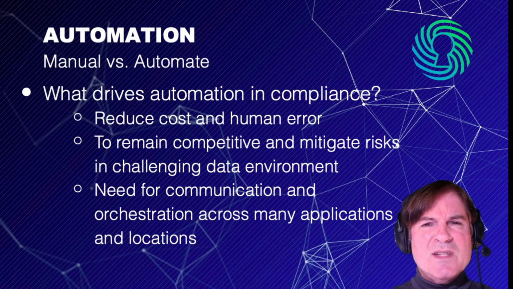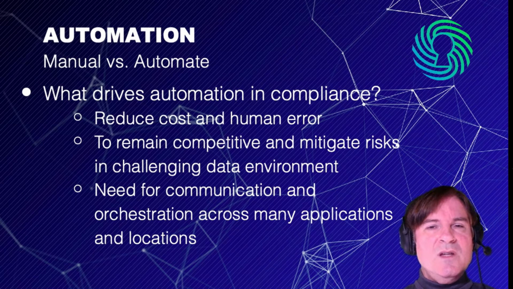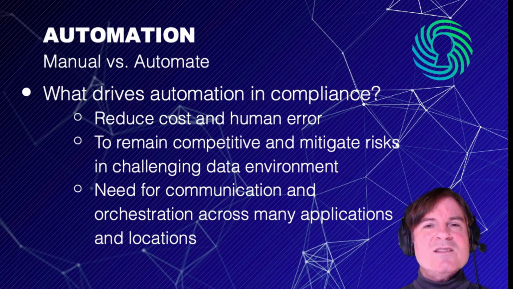So now that we have a better understanding of what automation means, let's take a closer look at what this means in the context of compliance. I'll be covering some examples soon, but for now at a high level, it's really just like any automation. It's to reduce cost and human error. However, it's very difficult for the modern enterprise to stay competitive if they aren't mitigating risks in the best way that they can. This often means automation. This is due in part to the fact that there's so many different types of data, different departments with different needs, lots of different software applications and repositories and edge devices and so forth. So automation really becomes key.